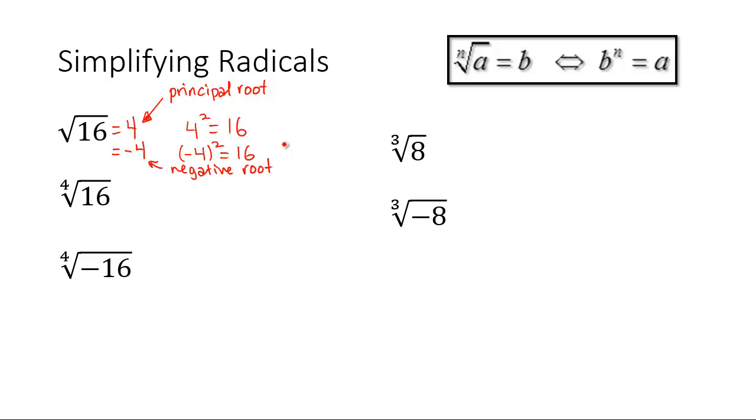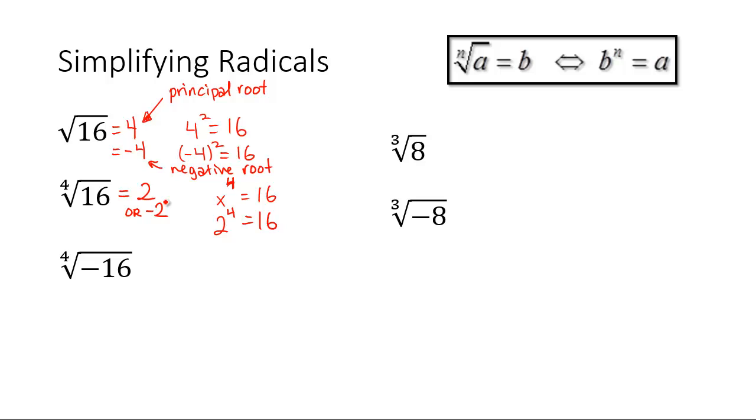So let's continue. What if you have the 4th root of 16? Well, it's like saying what to the power of 4 is 16. Now, you can use your calculator, but you can also see that 2 times 2 times 2 times 2 would be 16. So we know that 2 to the power of 4 is 16, and therefore the 4th root of 16 is 2. Now again, it could be negative 2, but since we're only looking at the principal root,